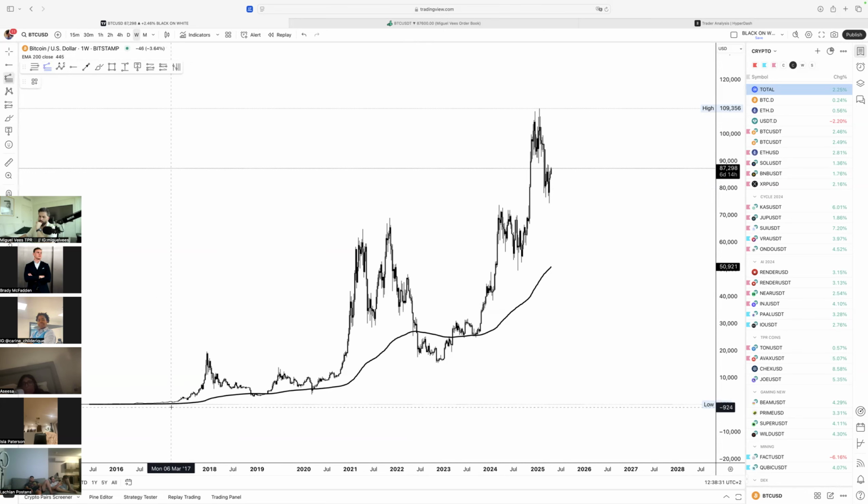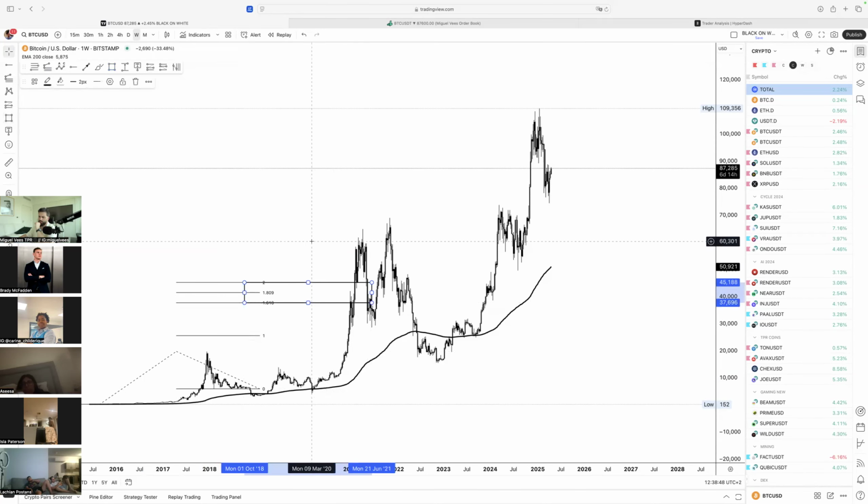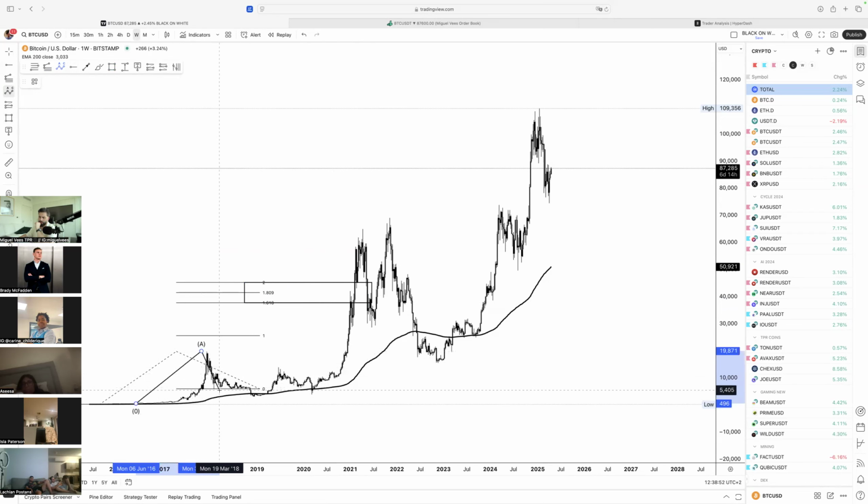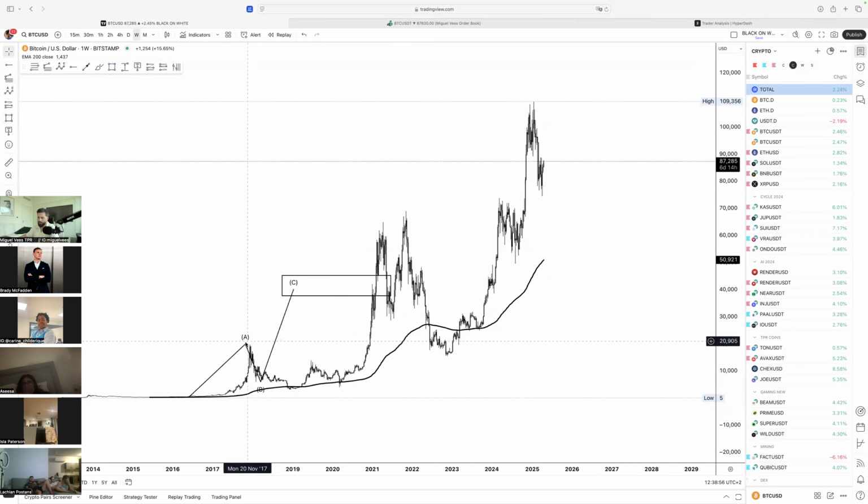But we obviously start with the basics, and what we're going to do is we're going to put our FIB extension tool on the lowest point here, and then we're going to drive it to the first high, to the first correction, and then we start with the very first sequence, and we'll put it here. Okay, we hit C target over here. We will put the sequence over here. Okay, so that's our very first sequence in Bitcoin. Okay,